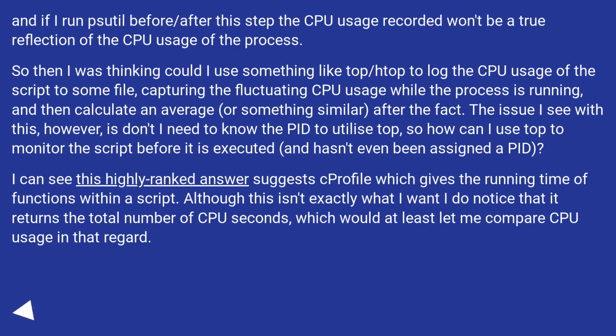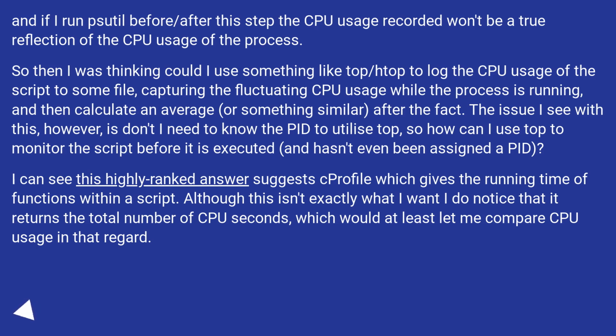So then I was thinking, could I use something like top or htop to log the CPU usage of the script to some file, capturing the fluctuating CPU usage while the process is running, and then calculate an average, or something similar, after the fact. The issue I see with this, however, is don't I need to know the PID to utilize top? So how can I use top to monitor the script before it is executed, and hasn't even been assigned